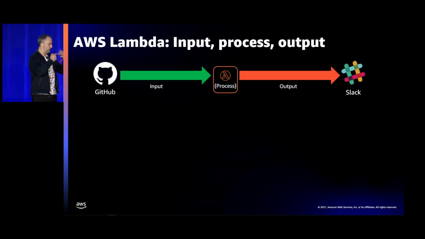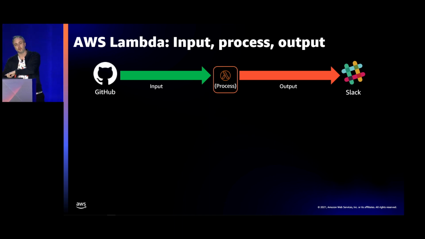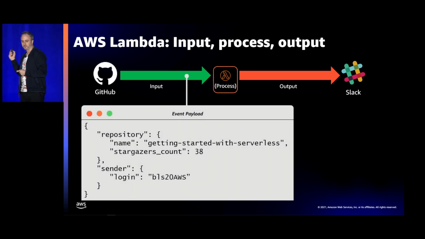And with building any kind of application in general, back to the beginning of building applications, you normally have an input, a process, and an output. And that doesn't change with Lambda. You still have an input to your Lambda function. Your Lambda function runs some kind of transform or some kind of compute on that input, and then it produces an output. So let's have a look at what the input would be for this particular example web application.